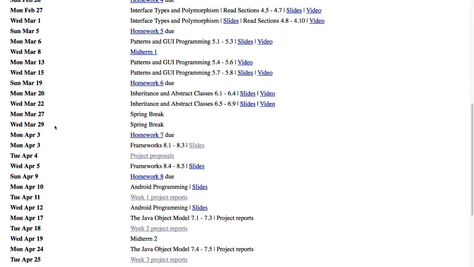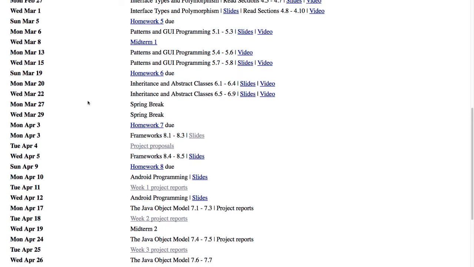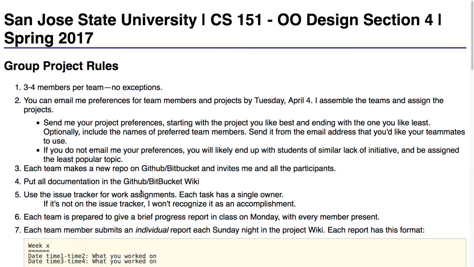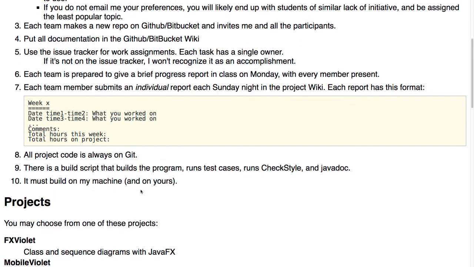So looking at the calendar, within a week, the team will need to have accomplished something. I think that's true. Let me double check here. So there's a homework on Sunday. Yes. So by next Tuesday night, you will all have to submit project reports. Have a quick look at what these reports should look like. It says right here. And by the way, these reports all have to appear on your Bitbucket or GitHub site